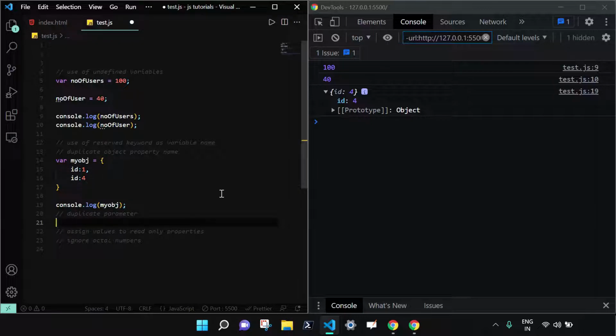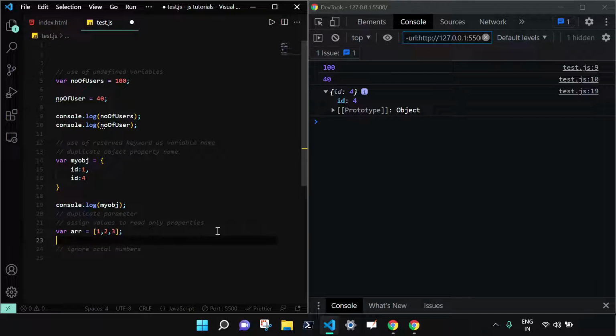Duplicate parameter, similarly you can create functions with duplicate parameters, like you can create a method with two same parameter names. Similarly, you can assign values to read-only properties. Suppose you have an array. Let me create an array, 1 2 3.